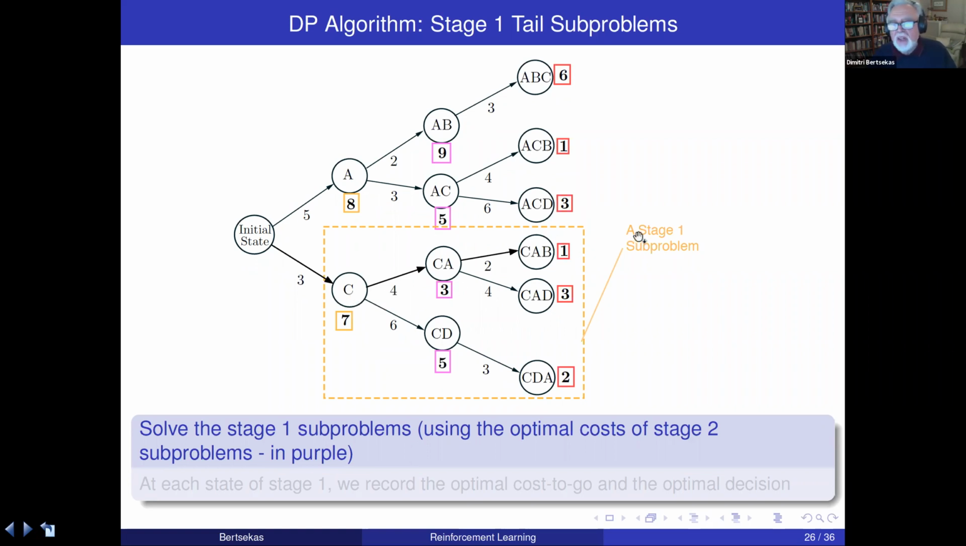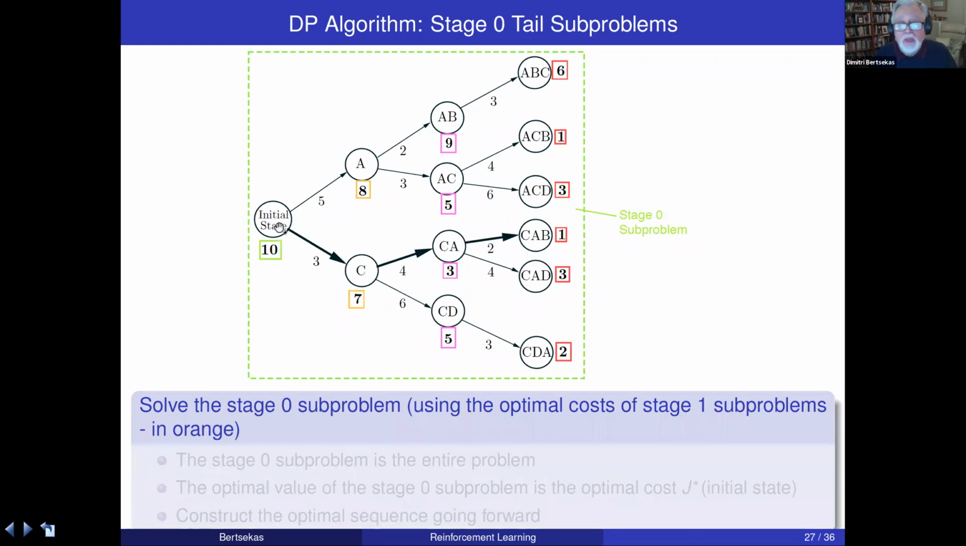We look at, as an example, this subproblem. And here we compare the two controls, 4 plus 3 and 6 plus 5 is 11. 4 plus 3 wins. We don't have to go all the way to the end. We only have to go to the next state from which we can pick up the purple numbers, which are the optimal cost to go from those states. So we have solved this problem, and we solved this problem also. 5 plus 3, 2 plus 9, this one wins. So now we are ready to go